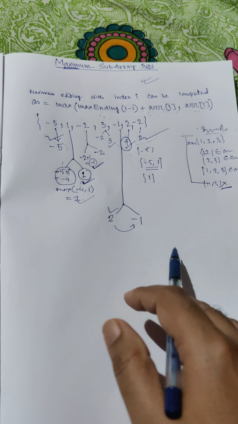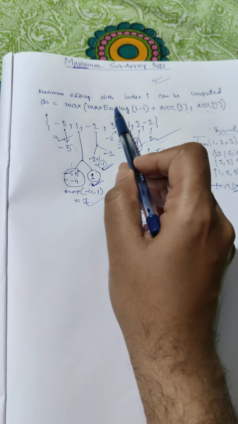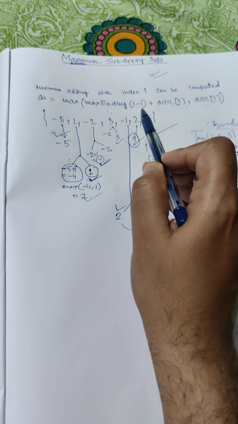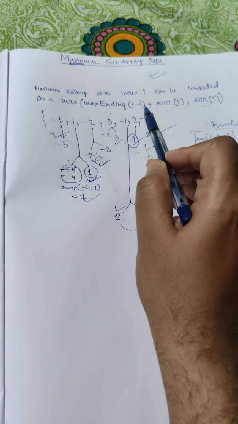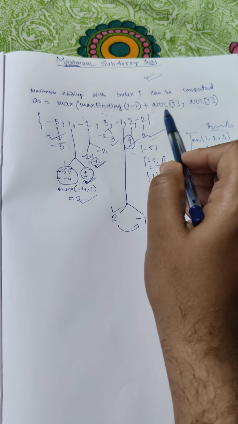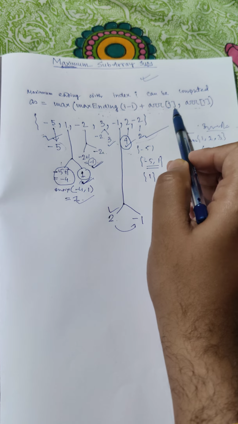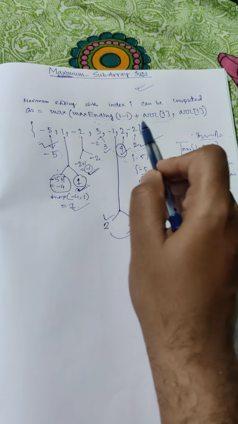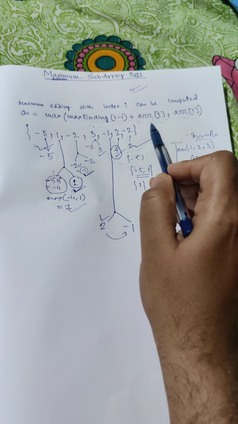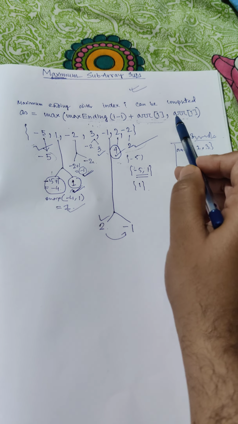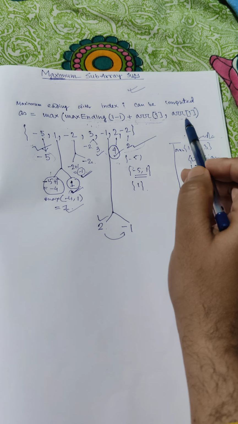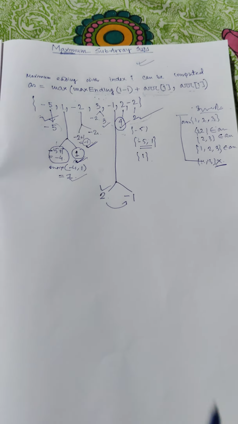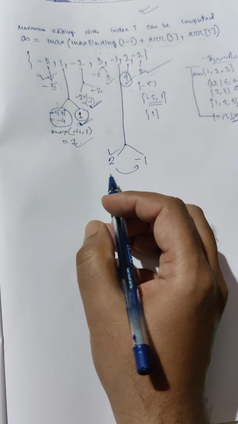You have seen that max ending is something which needs to be stored in a variable, because it holds the (i minus 1)th element's maximum value, and we are appending it with the ith element value. We are trying to find out whether this is really the maximum value or a tentative maximum value, because we are comparing it with the original ith element and trying to find the max, right? So let's write the program and try to understand it.